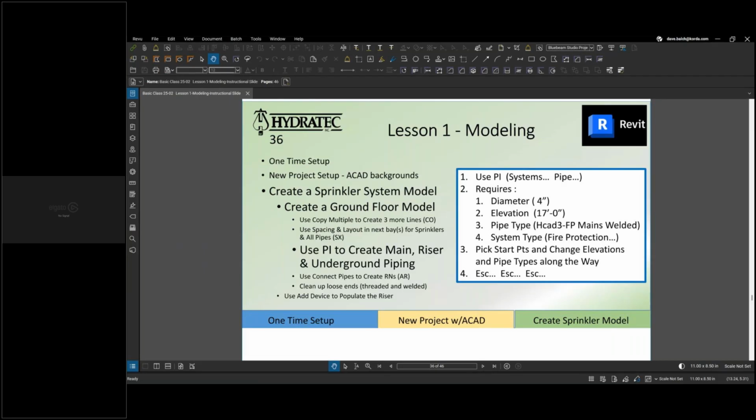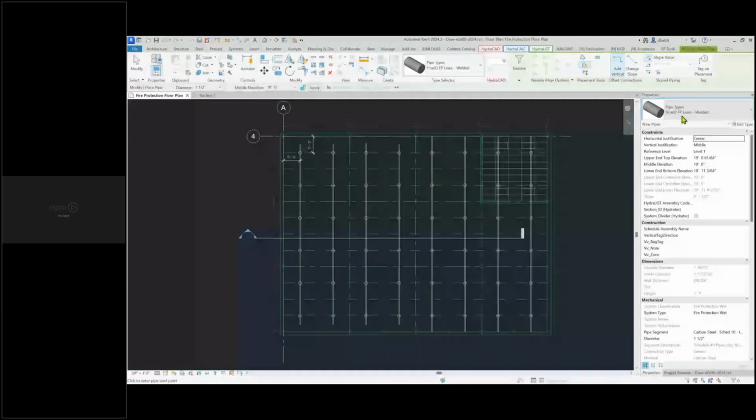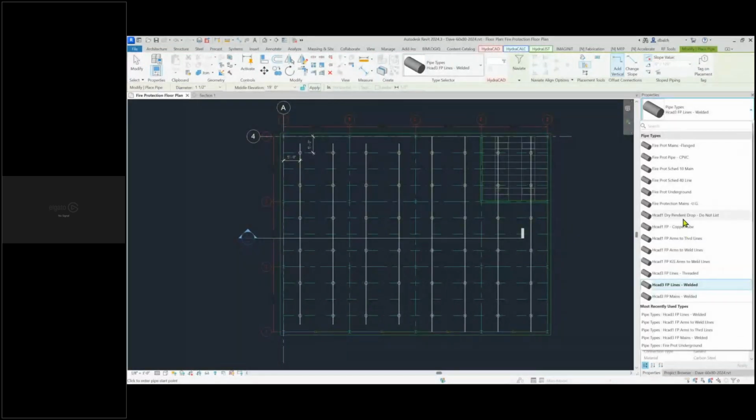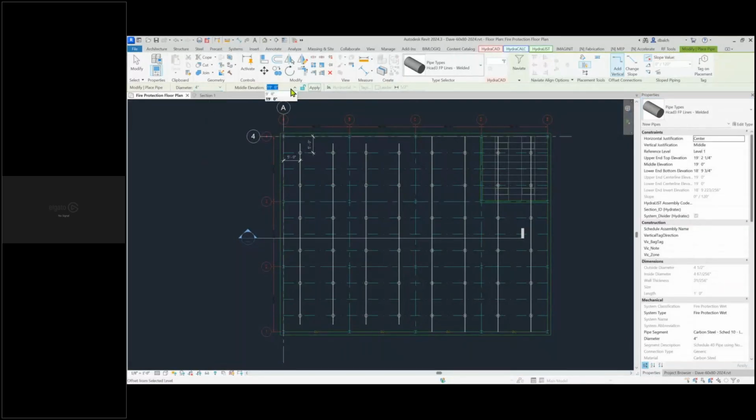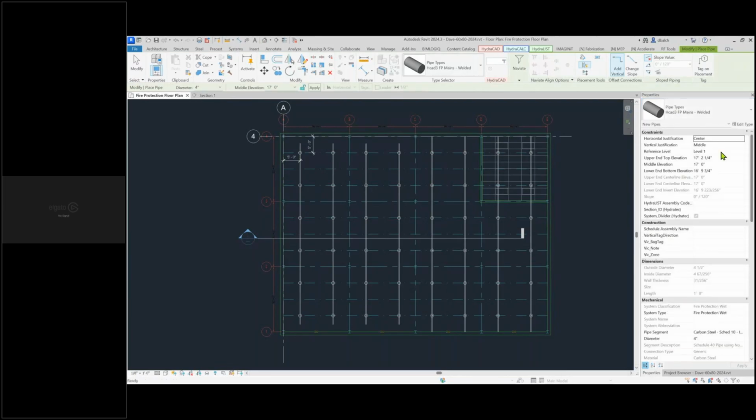So let's switch back to Revit. And type PI. And we're going to do all four things. The diameter will change to 4-inch. The height, we're going to type in 17. The picture of the pipe is going to change to mains welded. Well, I think it's all the way at the bottom. Oh, there it is. And make sure that the system is fire protection wet. Okay, now